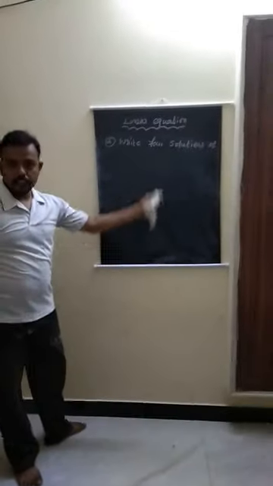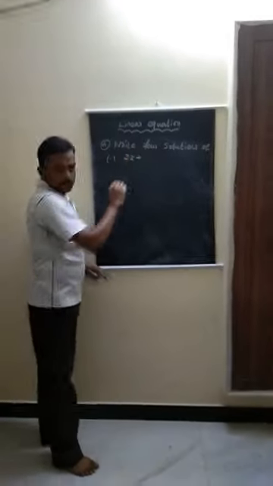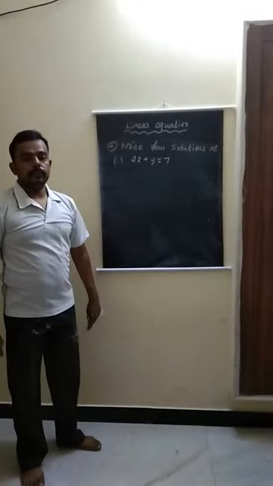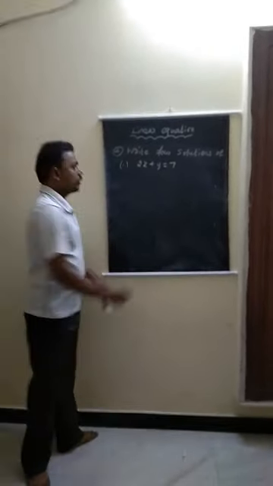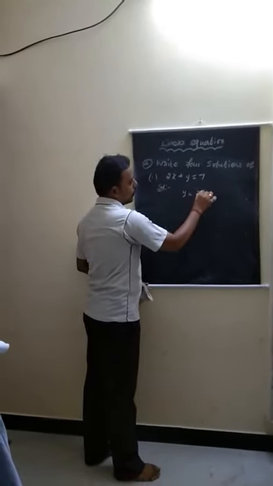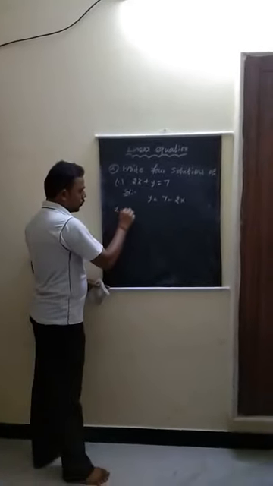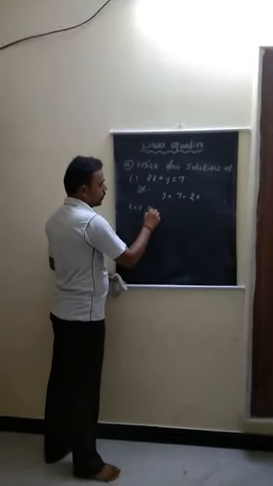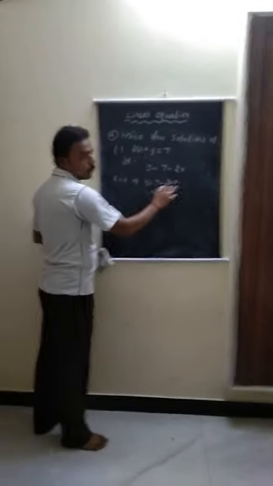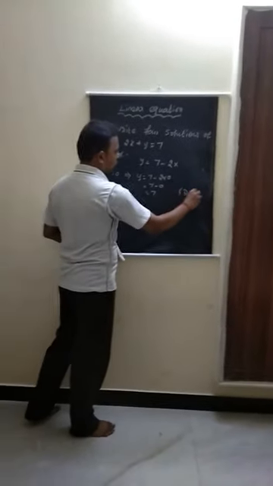Four solutions means what we discussed earlier. First one, 2x plus y equal to 7. First of all, we are going to write it in the form of y. So that is y equal to 7 minus 2x. First answer, x equal to 0. This implies y equal to 7 minus 2 into 0. So that is 7 minus 2 into 0, 0, equal to 7. So one solution is 0, 7.